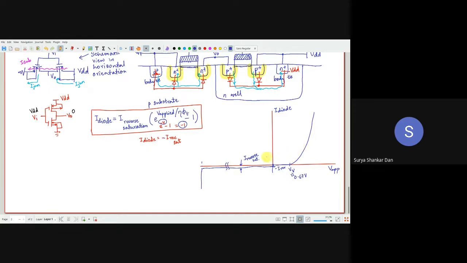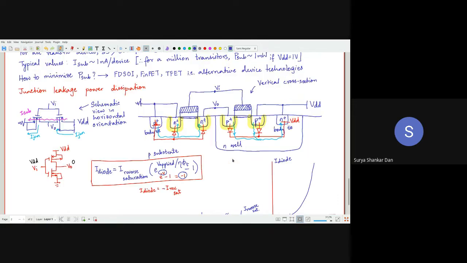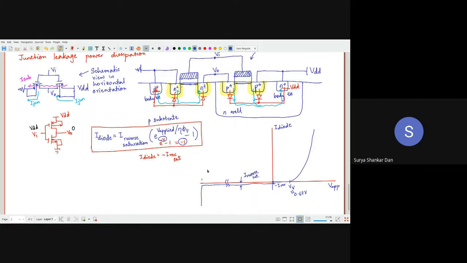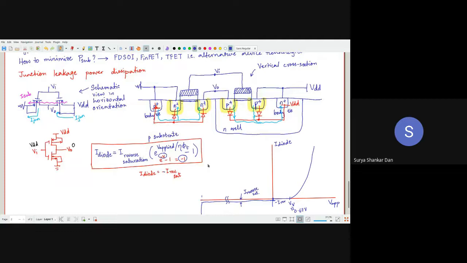Forward bias. But this reverse saturation current is also going to be a substantial one. Why is it substantial? Just like the subthreshold current, the reverse saturation current is always leaking. I showed you the example of a tap, right? It is leaking 24/7. So the amount of water which is wasted for the whole day will be larger than the amount of water which you are actually using if it is working for the whole day and night. Similarly, this reverse saturation current is that junction leakage power.